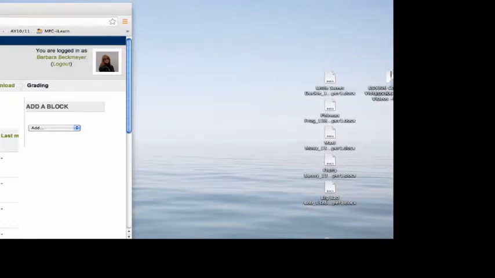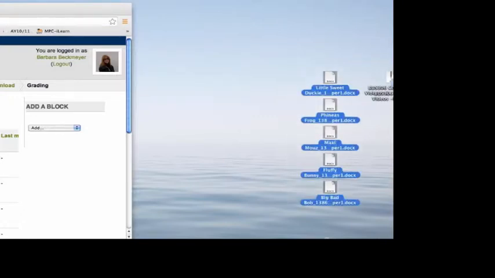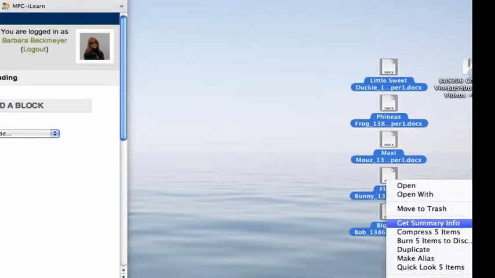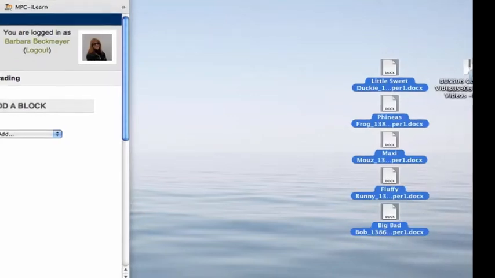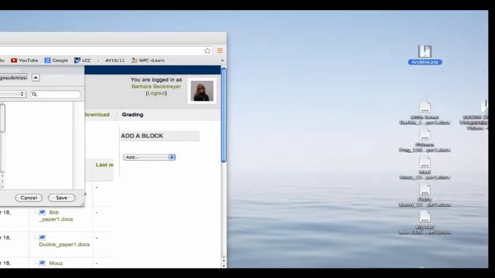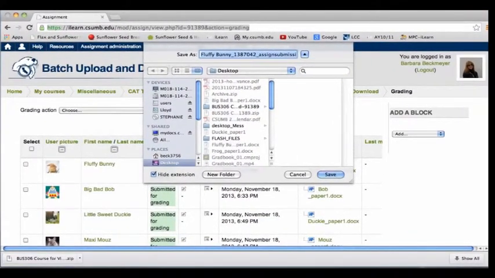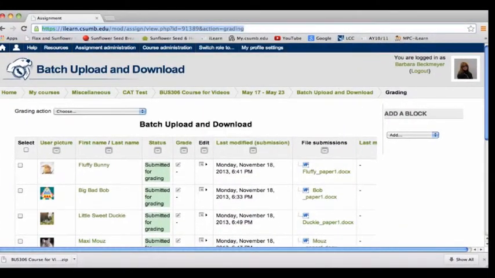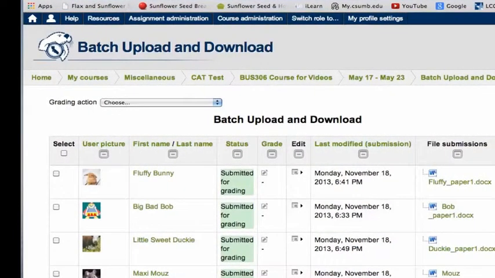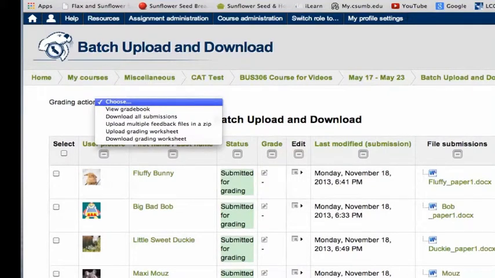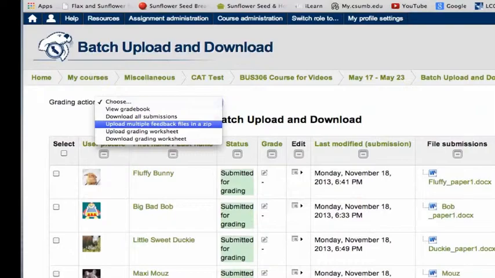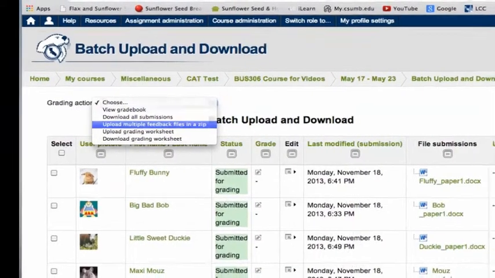I'm going to select all of those, and I'm going to control click on a Mac or right click on a PC, and I'm going to compress the 5 items. And it's going to turn into an archive zip that I'm going to have on my desktop. Now back in the class, I'm going to go up to grading action, and I'm going to upload multiple feedback files in a zip. So I'm going to select that,